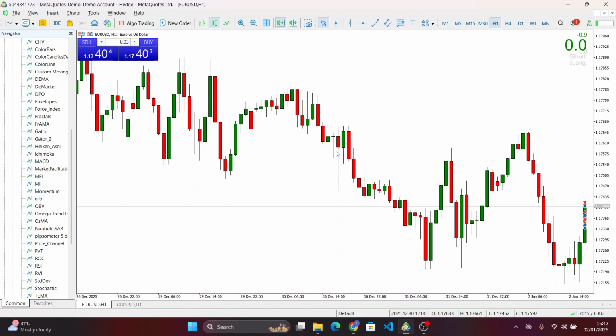Hi traders, in this video we're looking at the Pipsometer Indicator for MT4 and MT5. This tool focuses on showing pip movements with high precision so you can track price changes and performances more clearly. In this tutorial you will learn what it displays, how it integrates with your charts, and where it can support trade management. The Pipsometer Indicator is designed to enhance pip tracking by working with additional decimal precision and detailed pip